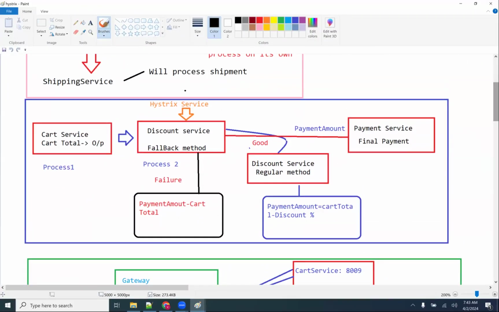Now, were you able to see the workflow, guys? Cart service output. That is a microservice 1. It called the discount service. To that, I will add a Hystrix. Hystrix is nothing but an inverter or a circuit breaker. I will add that. It has a primary path